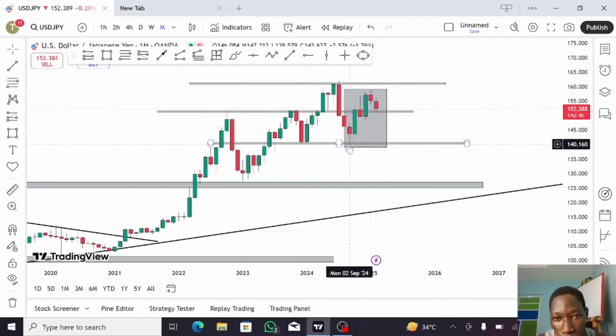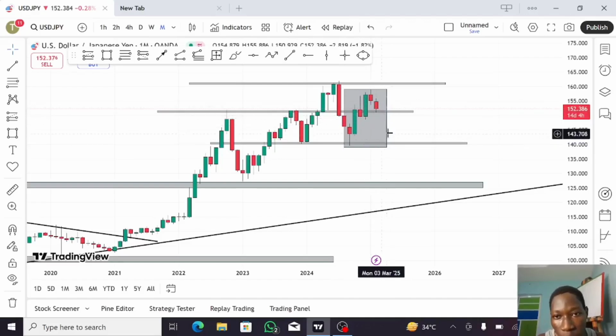There is a low, a high, a retracement, then a new low and a higher high, and this one is now looking like a retracement. So if it gets to this level, breaks it and retests it,